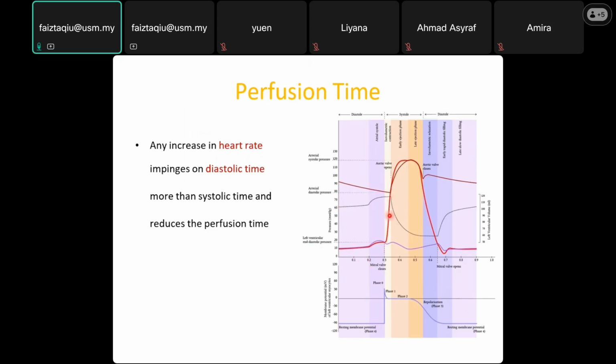If you can look at the diastolic phase, there is flow, and then in systolic, the left side of the heart has no flow, because your ventricular pressure is higher than the pressure. So that's when your left ventricular flow goes towards your coronary sinus, as you said just now.